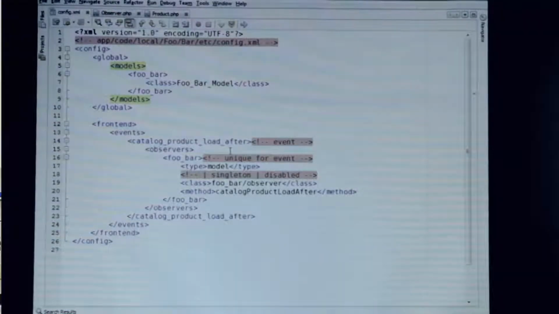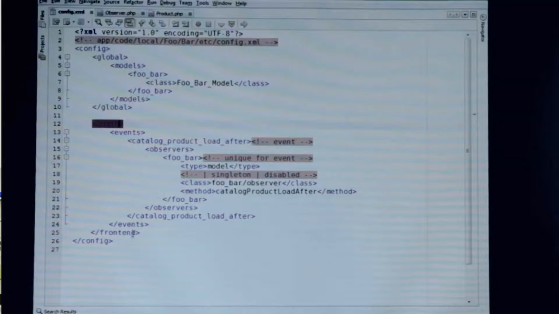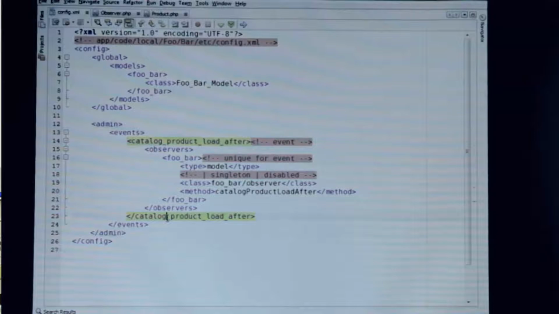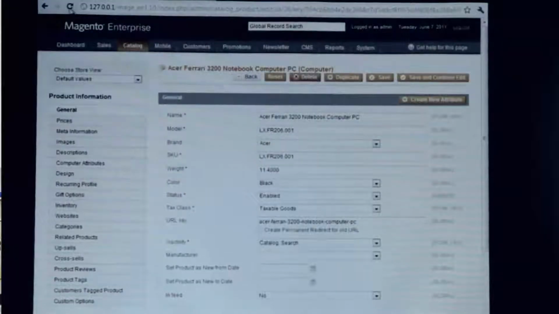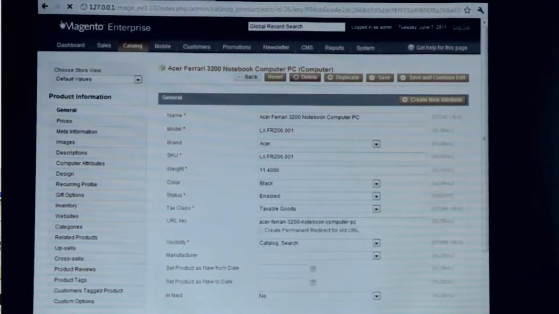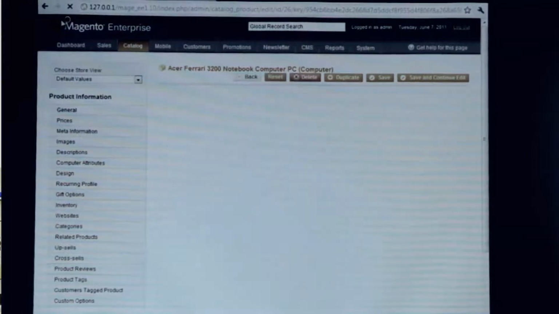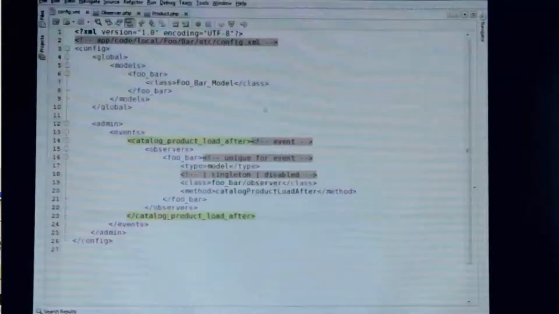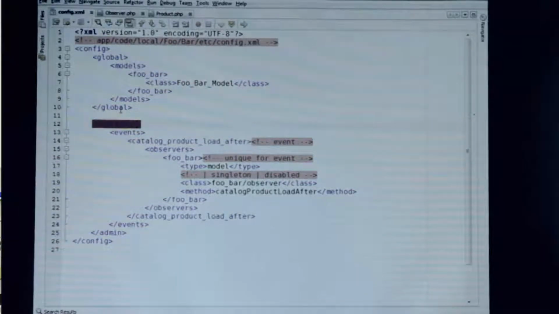I hate to say it, I've taught this class 7 times now, and I always forget whether it's admin or admin HTML. So let's take a look. I'm going to try admin first. I don't think it's admin. I think it's admin HTML, but we'll try this. So all I have to do to check that here is refresh the page. Look at that. Okay, probably admin HTML. So if I change this to admin HTML,